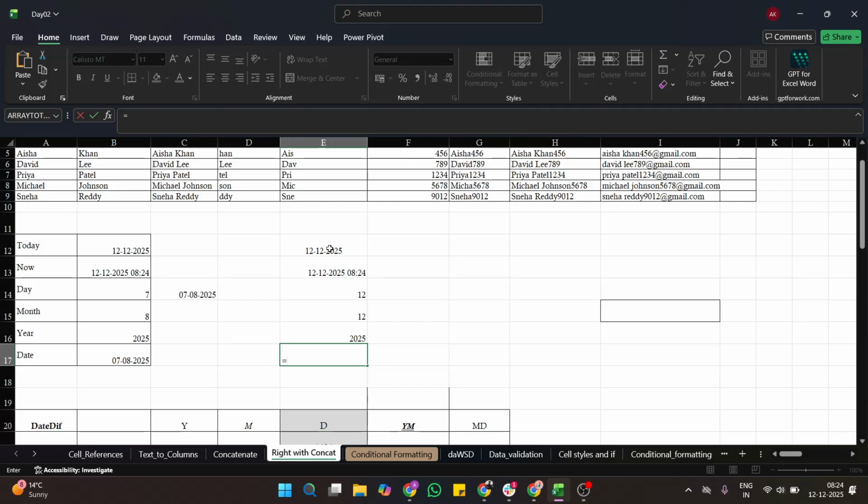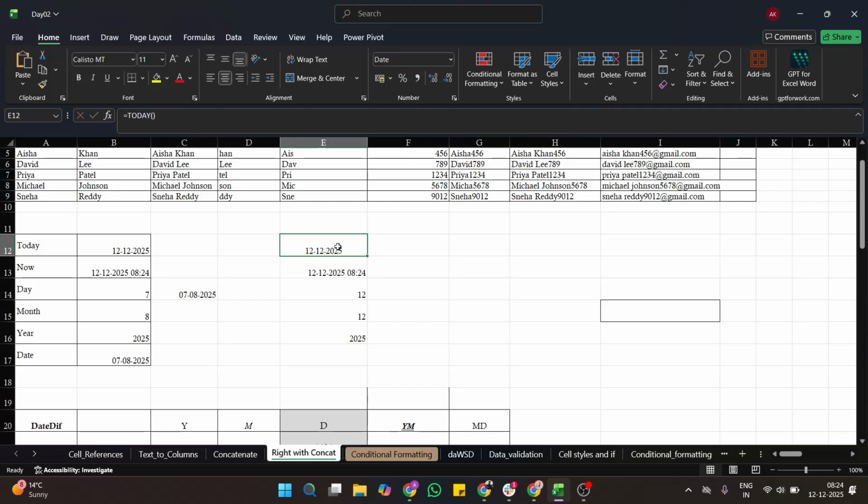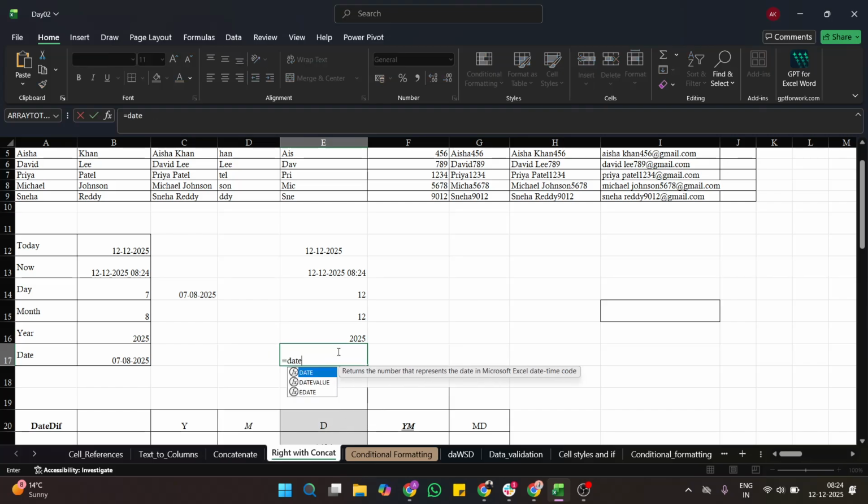Now, see, before, I had this particular date, and from this date I fetched 3 different values. Now I don't have the date column. I have a day column separate, a month column separate, and a year column separate. I want to fetch the complete date. For that, =DATE(